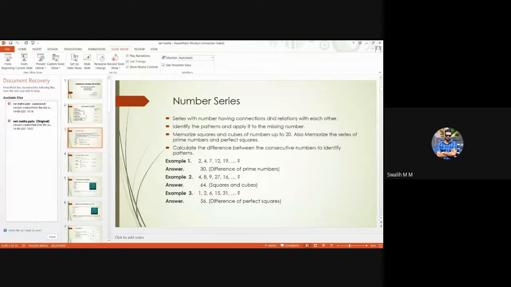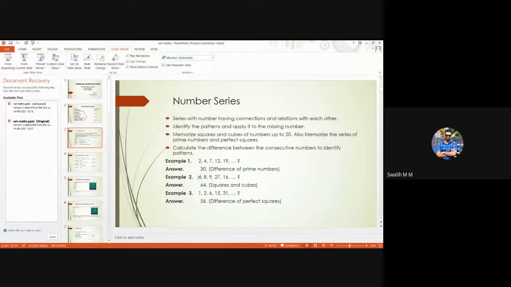So when we check this number series, there is 2, 3, then 5, 7. If it was 1, 3, 5, 7, we would have known it is the series of odd numbers, but it is 2, 3, 5, 7. If you know the series of prime numbers, you would know that this is a prime number series. Each prime number is added to the series. So after 19, you add the next prime number, 11, and you get 30. It is as simple as that.